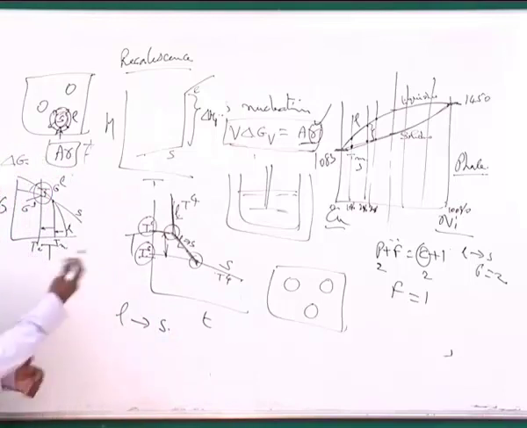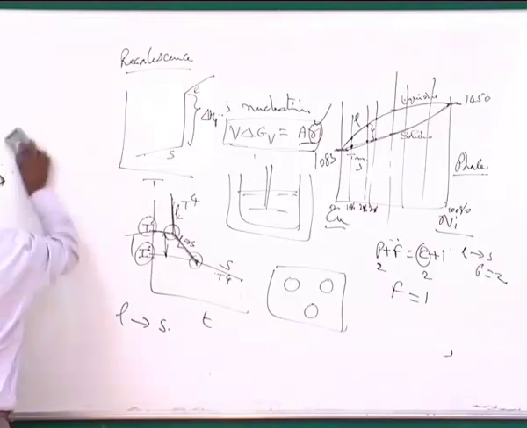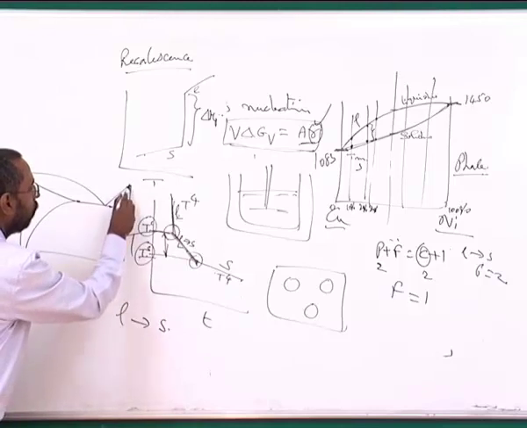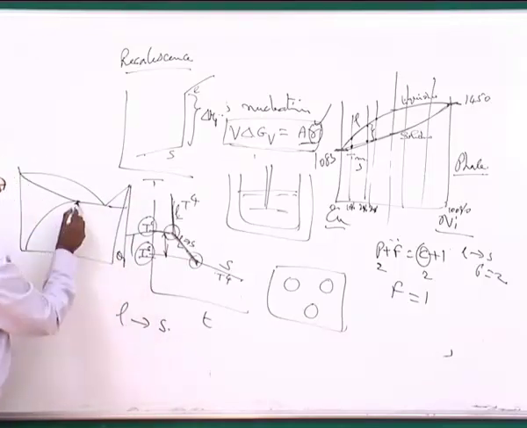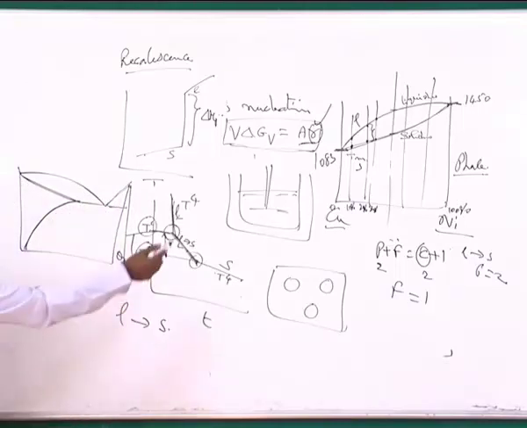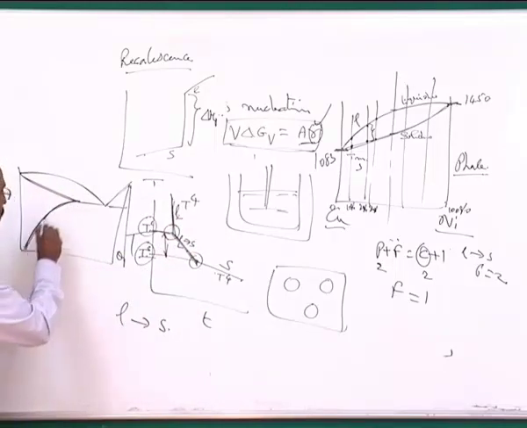But if there is a solid to solid transformation, for example, I have a phase diagram of, let's say, aluminum copper. This is the aluminum copper phase diagram with Al to Cu here, theta, and this is what we call a solvus line. So getting this particular liquidus and getting this solidus is not very difficult from using this kind of a cooling curve analysis. But getting this particular solvus line is not so easy, because at this solvus line, what is happening? The alpha is precipitating the theta if I am cooling this alloy.